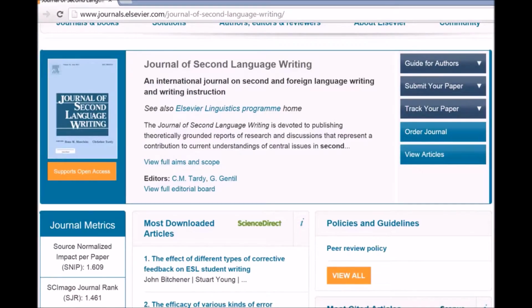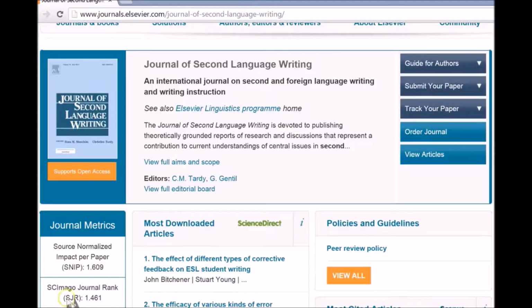So in this discussion, we're going to look at journals, and I'm going to focus on one that I'm familiar with, which is the Journal of Second Language Writing. I've published a number of articles, and I'm currently on the editorial board. So if you look at some of the aspects of the journal,